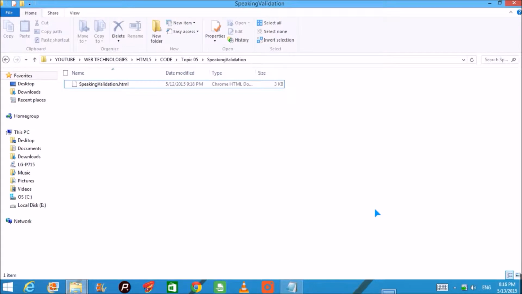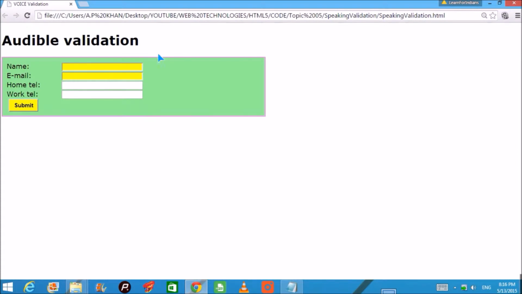In HTML5, today we are going to see a small form with audible validation. Let us see the page first. This is the web page and this is the audible validation form. The important thing we are going to look at is that for these two fields, whenever I leave the content not filled, there will be an error. I must not say an error, but this is a prompt for the user.